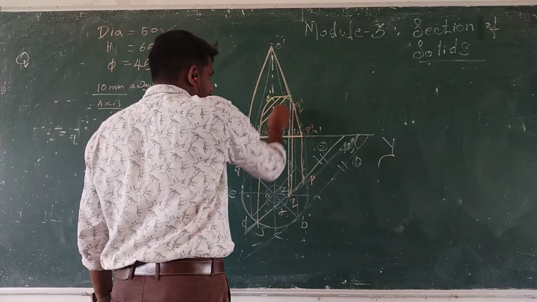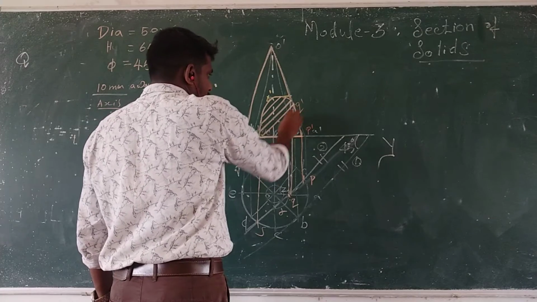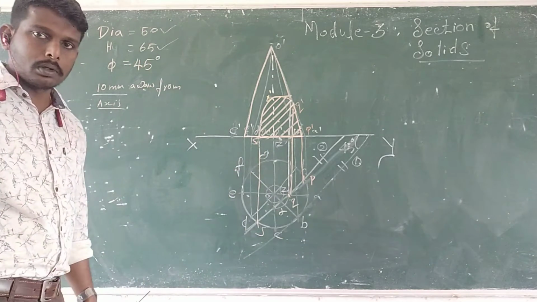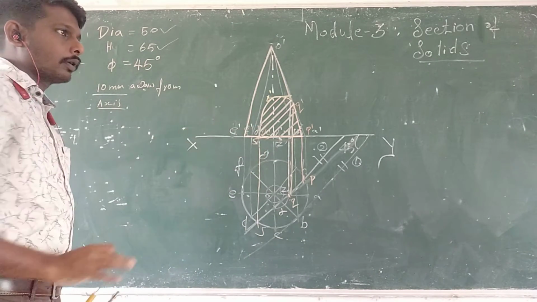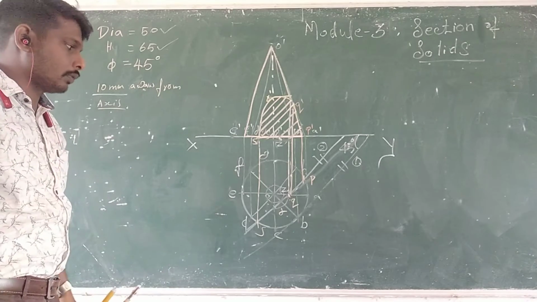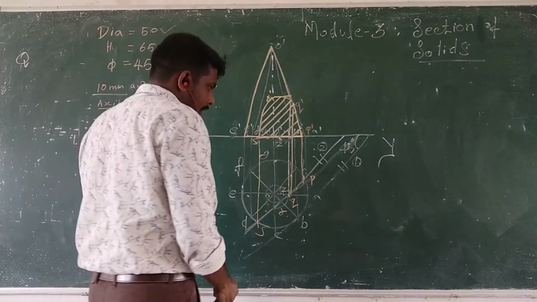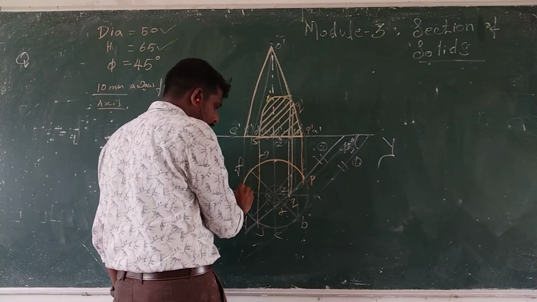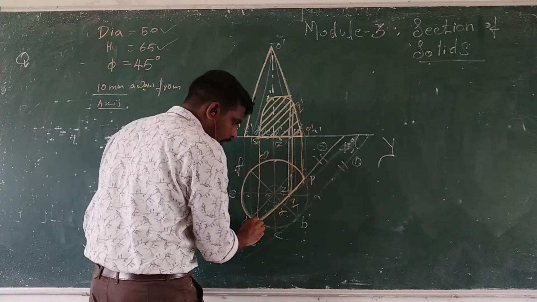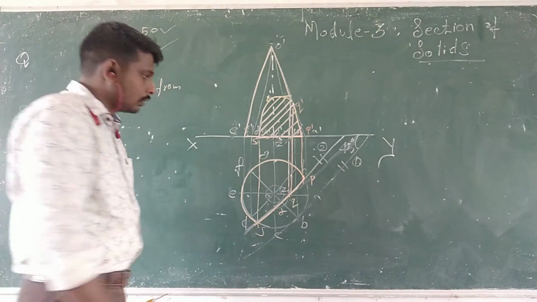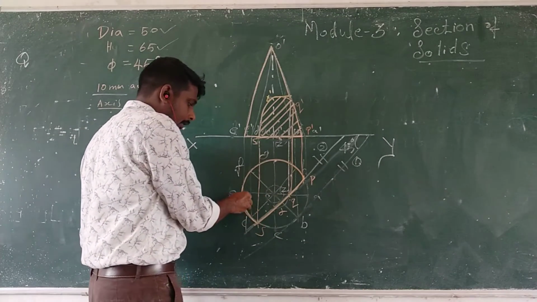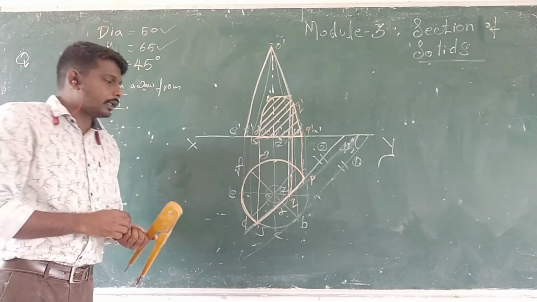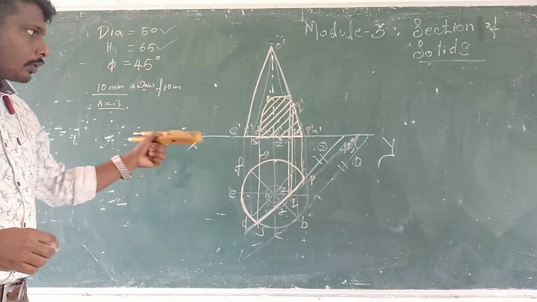Then draw the sectional portion, because this much portion is removed from the cone. So we should section that particular point, showing that it is a sectioned point, and draw the sectional top view. As we know, this portion is remaining in the cone and this much portion is removed. This is removed from the cone. So the remaining portion is drawn as thick line and the removed portion should be drawn in thin lines. Okay, clear? 75% of the problem is completed.